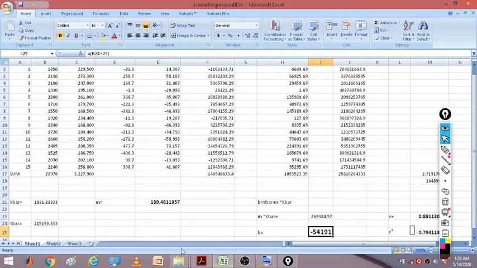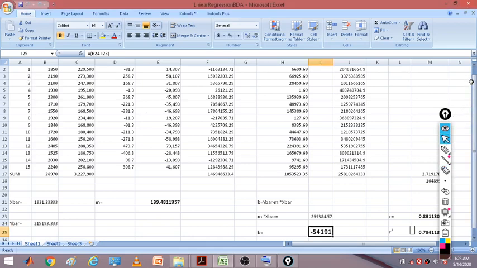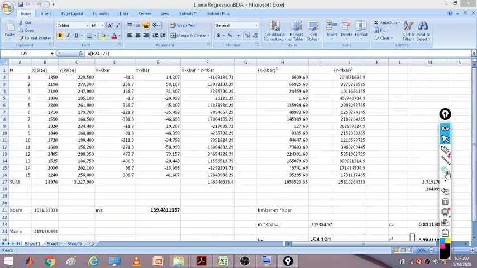You can see here what we have just obtained. These are the training examples, 1 to 15. This is the size of your house in square feet, the values we are seeing in the slides. These are the house prices given, which we have taken as the dependent variable. This is given in the table.